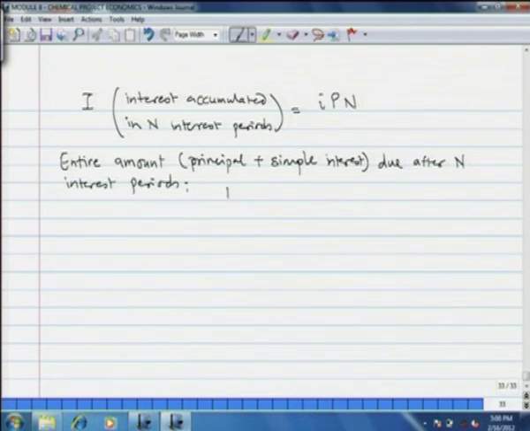F is P plus I into P into n, which is equal to P into 1 plus I n. In compound interest, which is universally used,